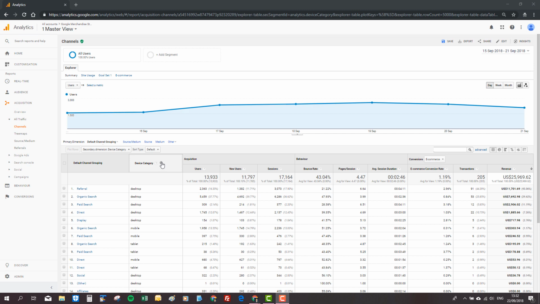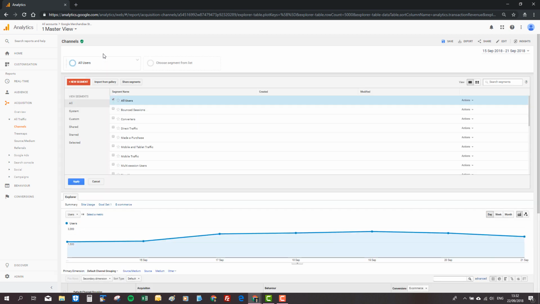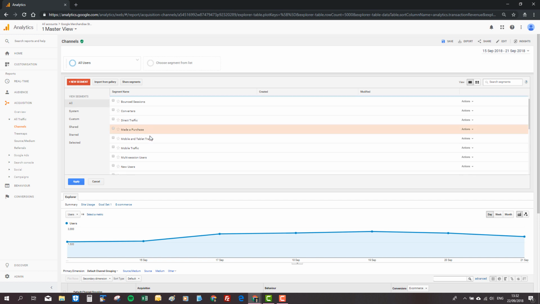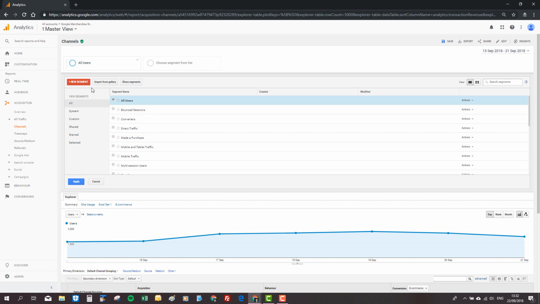To remove the secondary dimension, just press the little X here. Another way to understand the data is by segmenting using the custom segments up here. Let's create a new segment. There are a list of predefined segments in there that we may want to use, but let's create a new